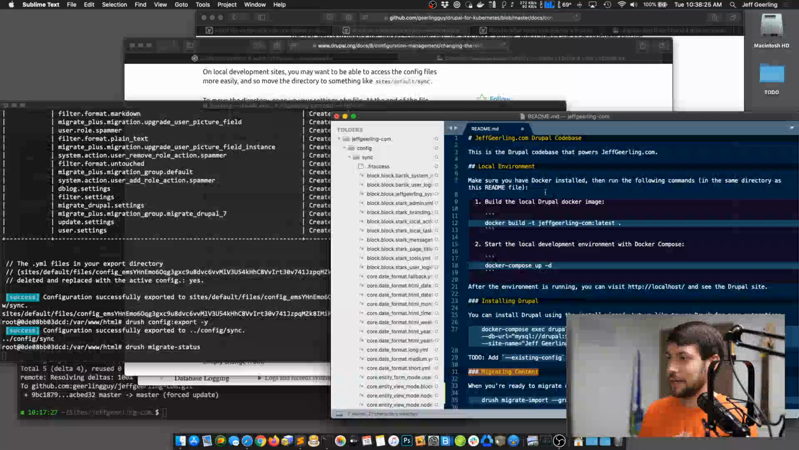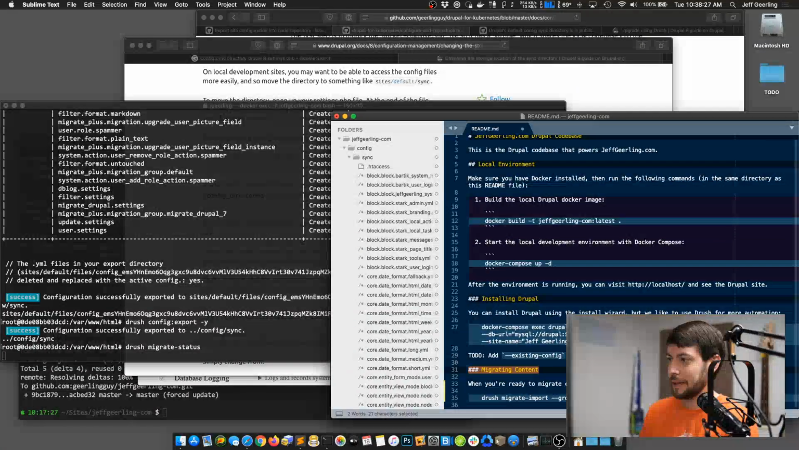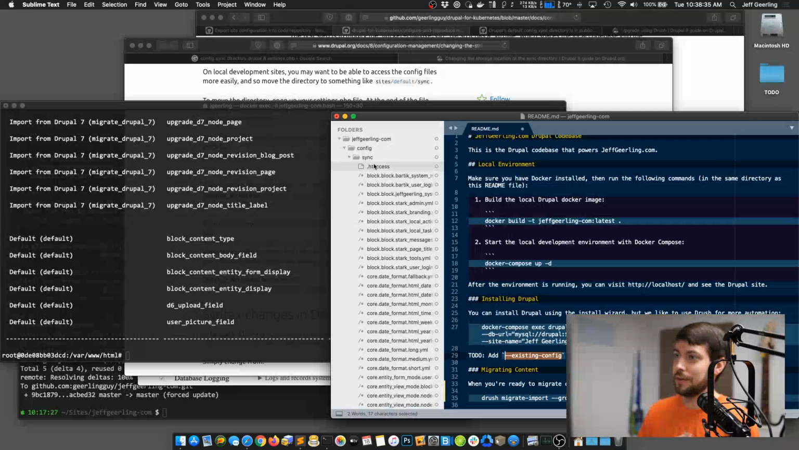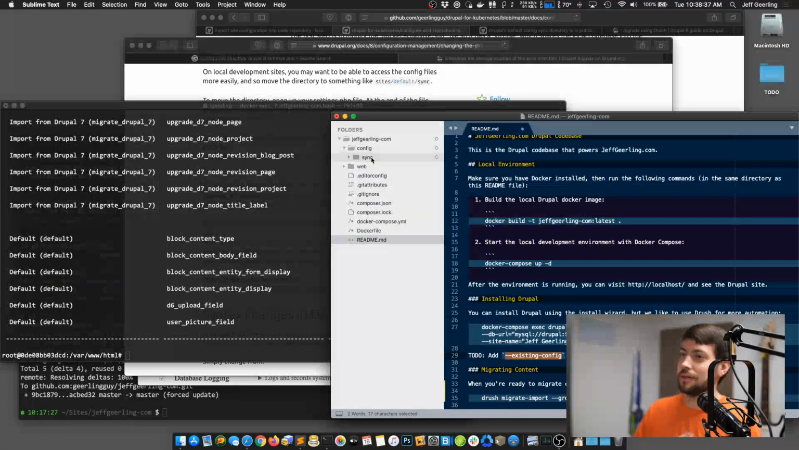What I'm going to do next is, let's see, existing config. What I can do next is install the configuration from this folder, so that if I'm reinstalling Drupal, I don't have to rerun the commands to generate the migrations and then rerun the migrations and all that kind of stuff every time that I do it. So I'm going to go existing config